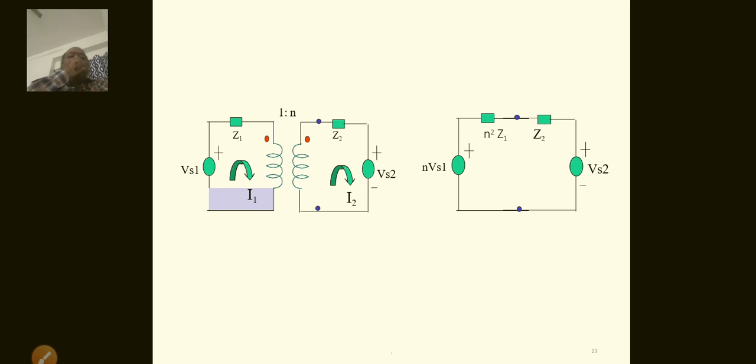Now, the matching: n into Vs1, n number into Vs1, which is the equivalent circuit of this. The voltage Vs1 is increased n times, and the impedance should be added as n square Z1 into Z2 as usual. This impedance should be n square times increased. Already we know the relation of primary and secondary impedances, and Vs2. The voltage also increases n times on the primary side. Like this is the equivalent circuit.